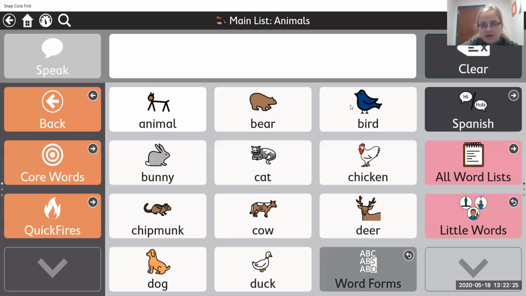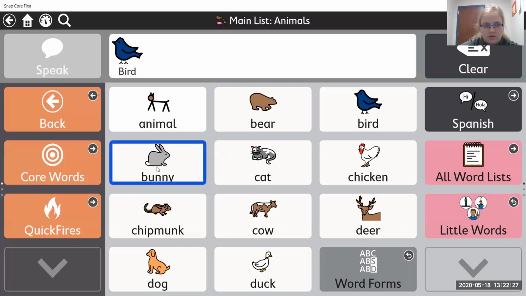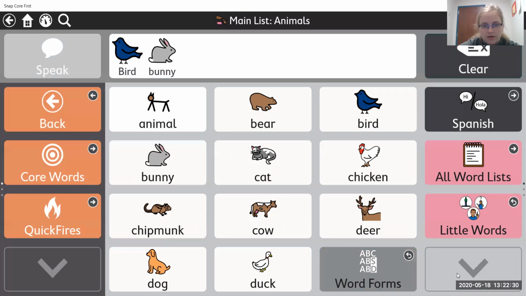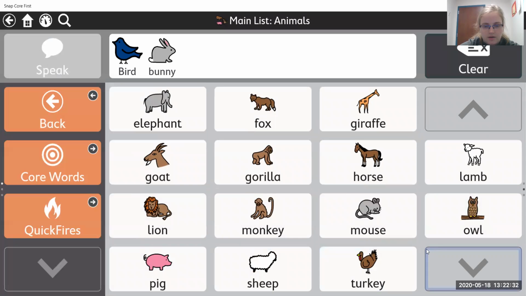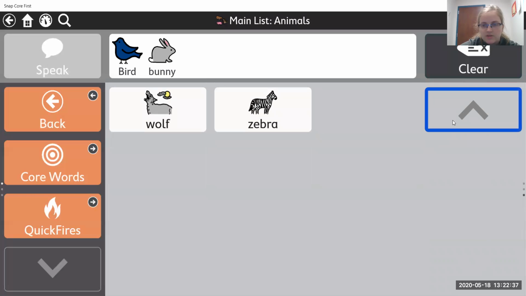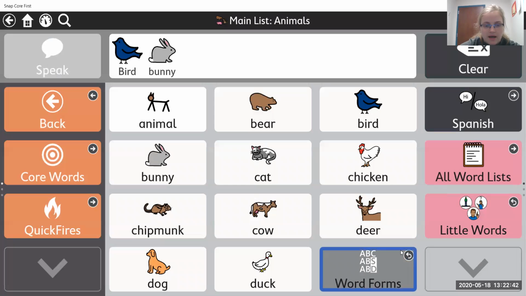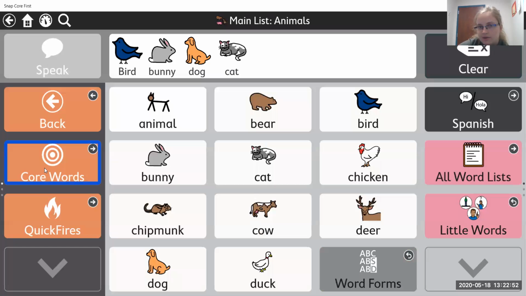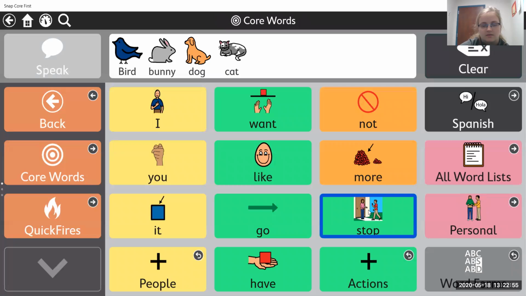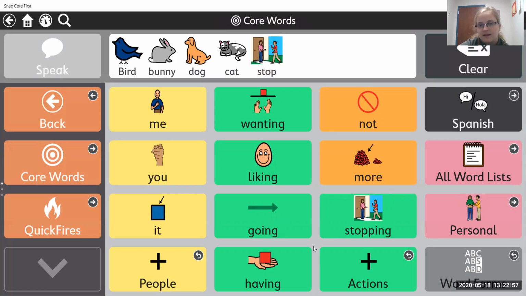I might see some bird, or bunny, or dog, or cat. So I might see those animals outside, and I might just comment on any given animal and say they stop. Maybe they're laying down now, or they might be up in a tree.